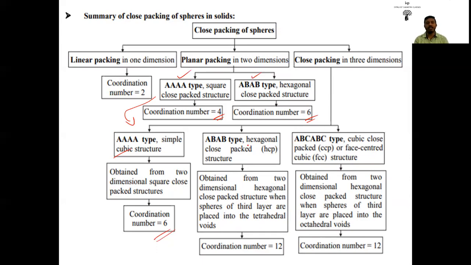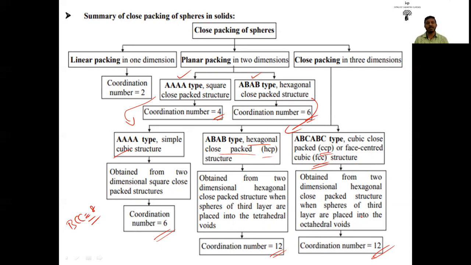One is the hexagonal close packed structure, which means HCP, and the pattern is ABAB type because we have taken 3 dimension by 2-dimensional hexagonal close packing. Here the coordination number is 12. Then the second type is the cubic close packed structure, also called the face-centered cubic unit cell, CCP or FCC. Here the pattern is ABC type, and the coordination number remains the same, that is 12. And one more thing, for BCC the coordination number is 8.